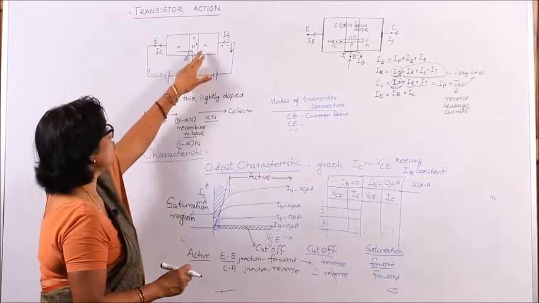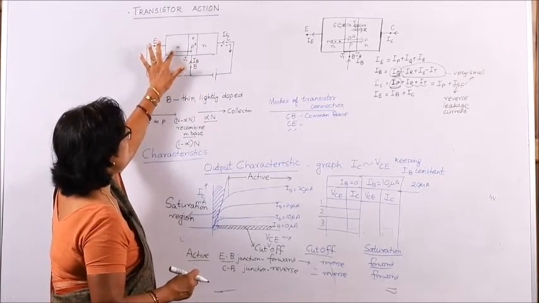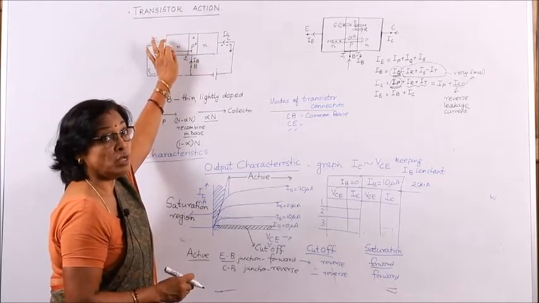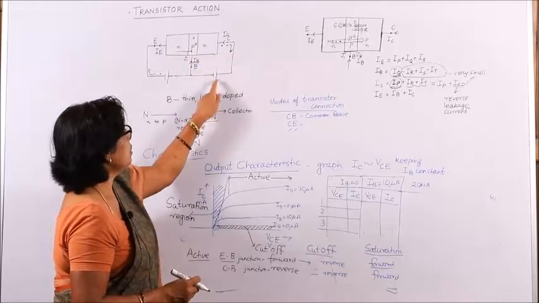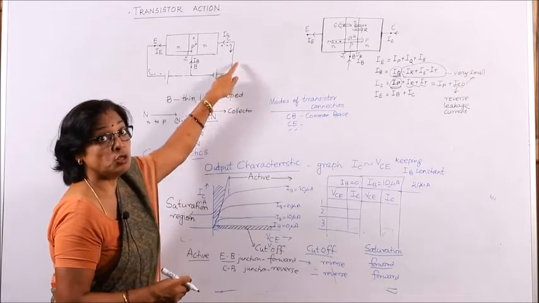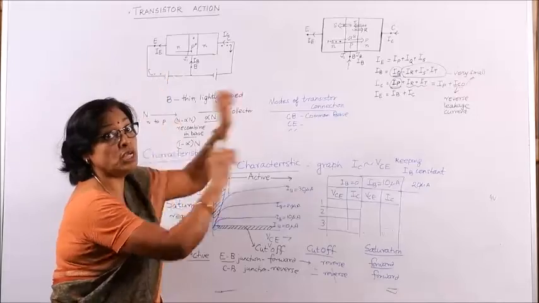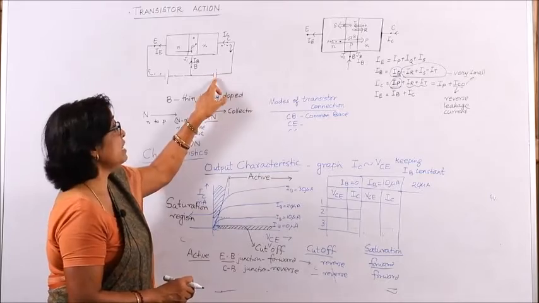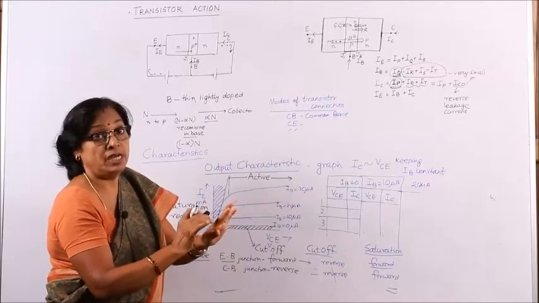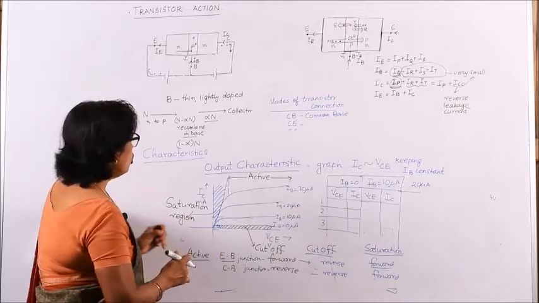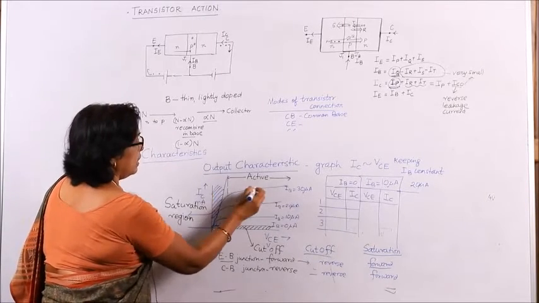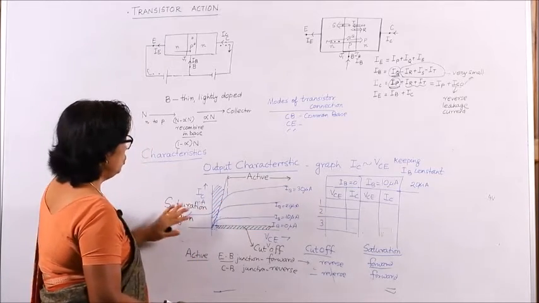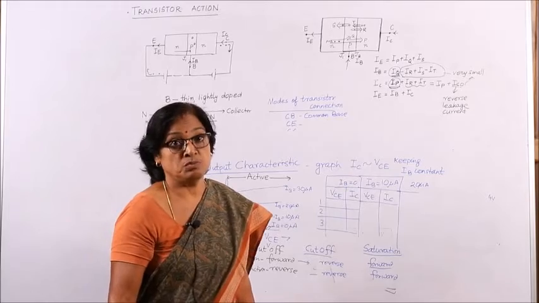Now, if you make this also forward biased, the electrons will go from here to here, but because here there is a reverse bias, the electrons were coming to the collector quickly, because this will be a forward bias, means this is positive. So, positive will attract the electrons, they will quickly go to the collector. But if this is forward biased, it will obstruct the electrons from coming. So, the current quickly reduces to 0. Whatever was the current, if you make it forward biased, then the current reduces, and that region is called the saturation region of the transistor.